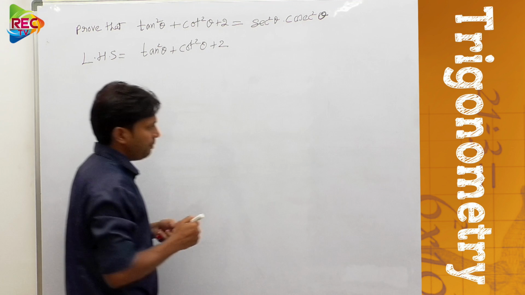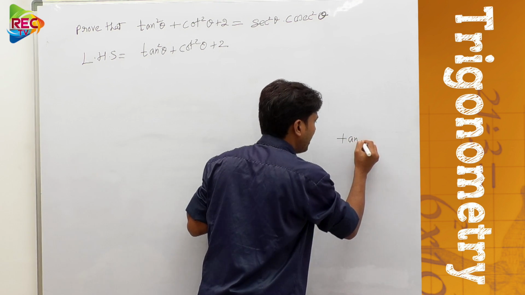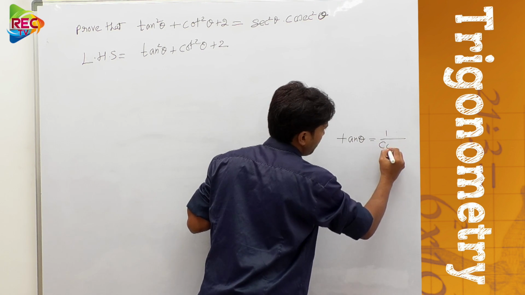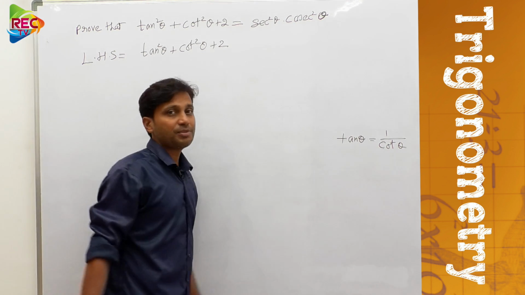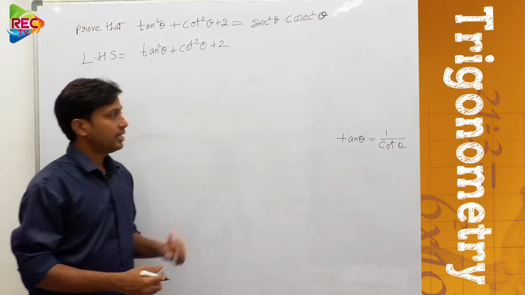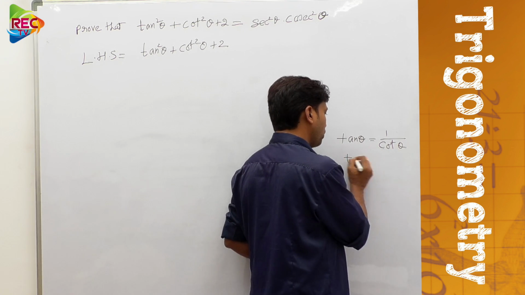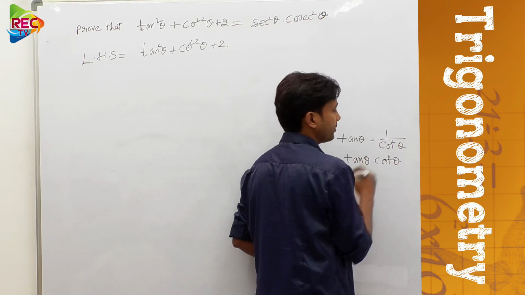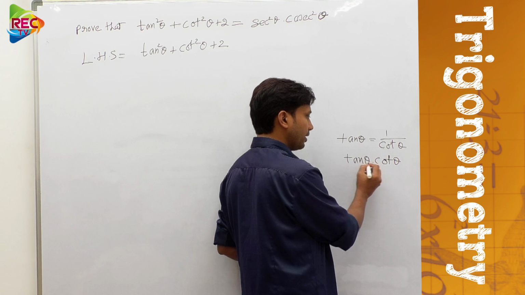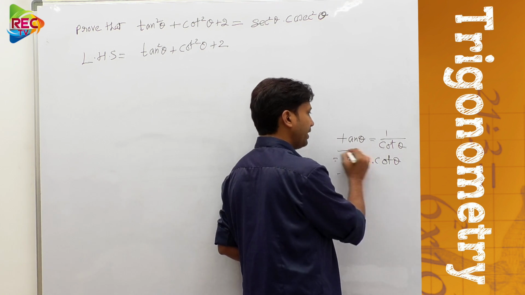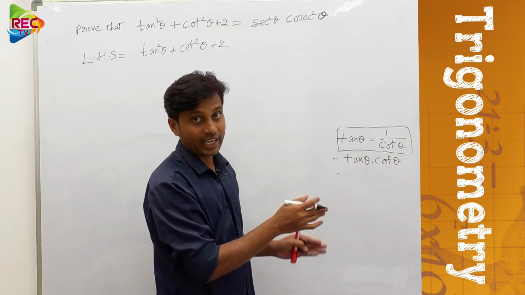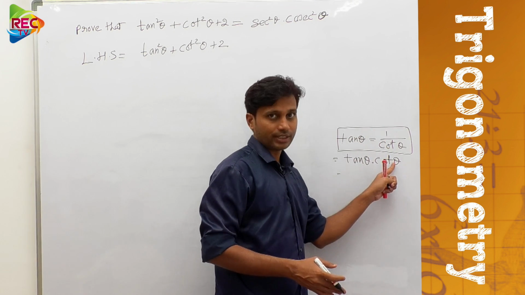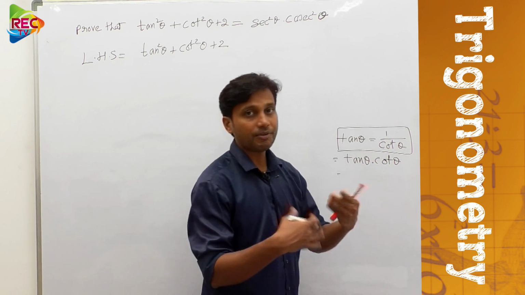Now tell me, what is the relation between tan theta and cot theta? Are they reciprocals of each other or not? So they are the reciprocals of each other. That means if you take tan theta into cot theta, what is the value of the product of these two? I am explaining the required concept for doing this problem. Just see here, tan theta equal to 1 by cot theta, no? So tan theta into cot theta will be what then?